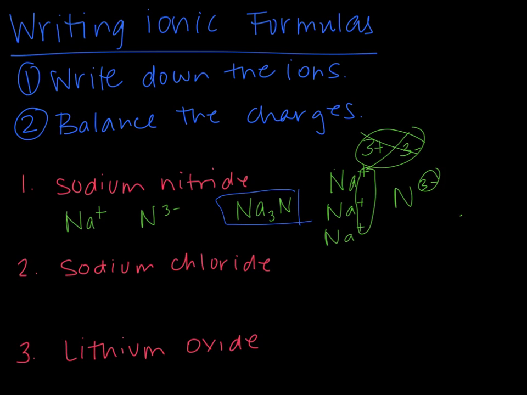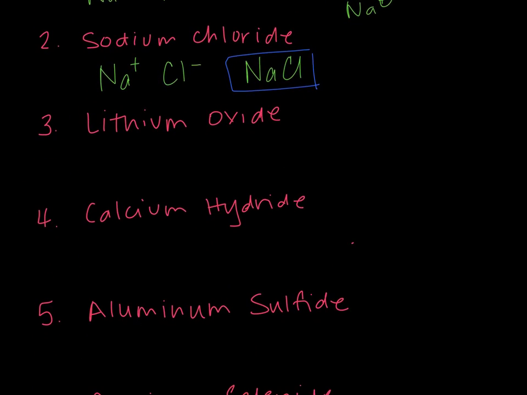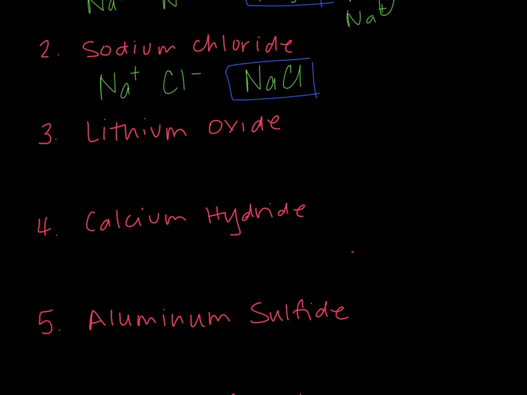Okay, so sodium chloride, we have Na plus, Cl minus, that's the charge for chloride. And so to balance those charges, we only need one of each, and so it'll be NaCl. All right. So now let's see if I can move it all up. All right, lithium is Li plus, oxide is O2 negative, and so if we want to balance out these charges,